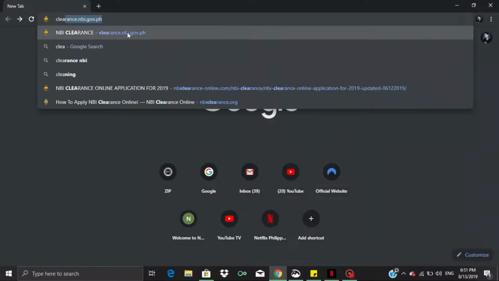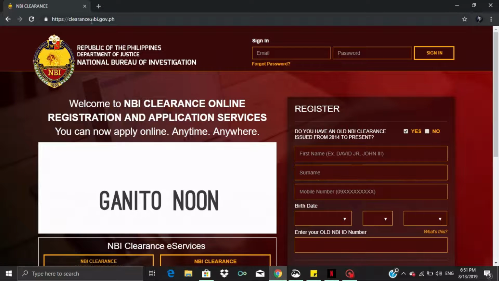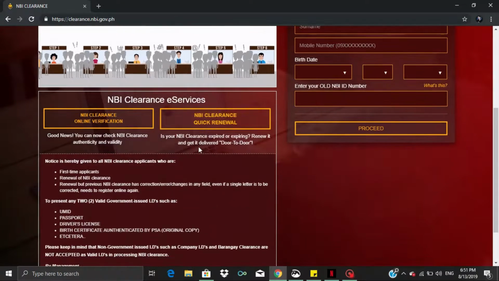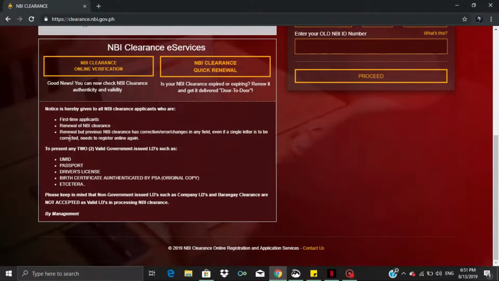clearance.nbi.gov.ph. And then it will route you to the Republic of the Philippines Department of Justice National Bureau of Investigation. Scroll down, you can see NBI Clearance e-services. So you can see notice for first applicants, renewal, and for correction or changes of name. So you may present 2 valid government IDs such as UMID, passport, driver's license, birth certificate, etc. Now please keep in mind that non-government issued IDs such as company ID and barangay clearance are not accepted as